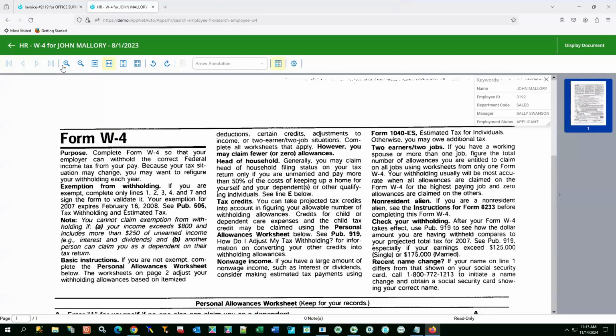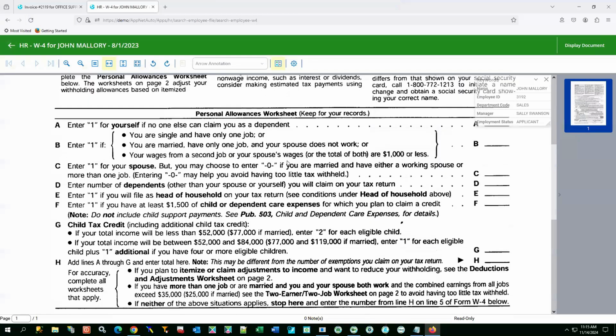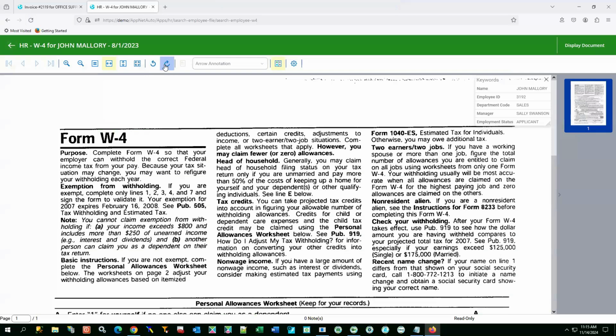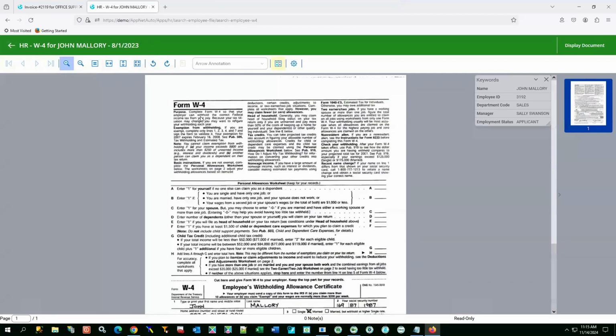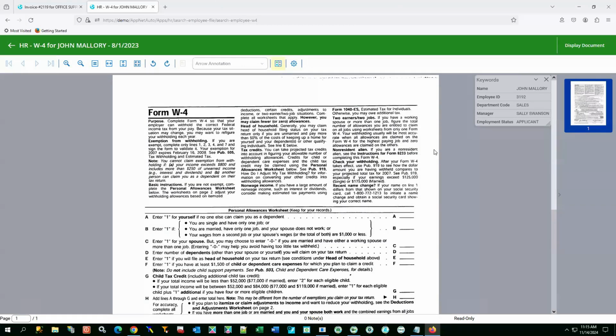And of course, a lot of the traditional features you would use when you're looking at an image, right? To be able to rotate if need be, change the zoom functions and those sorts of things. There are some limitations as far as what,